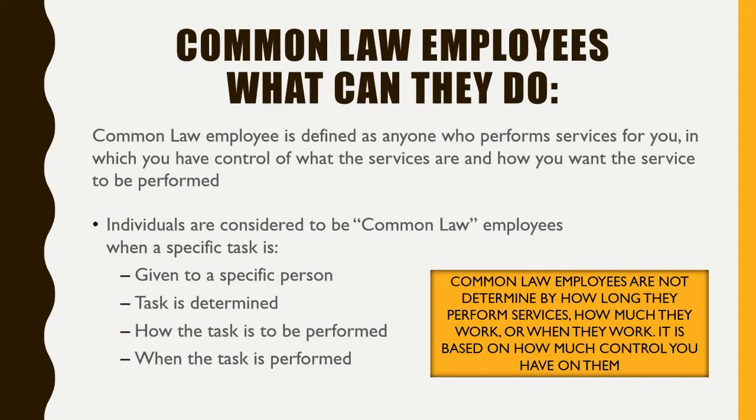You should have 100% control of what they can do. It's going to be judged upon how much control you have over the employee, and that determines what kind of employee status they have. Usually for regular common law workers, you get to tell them when to come in, what to do,